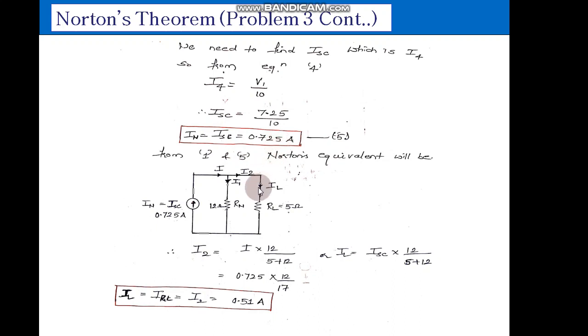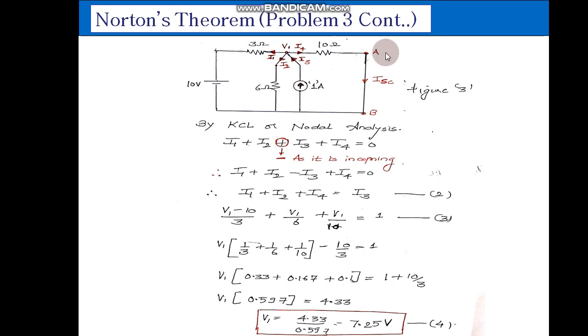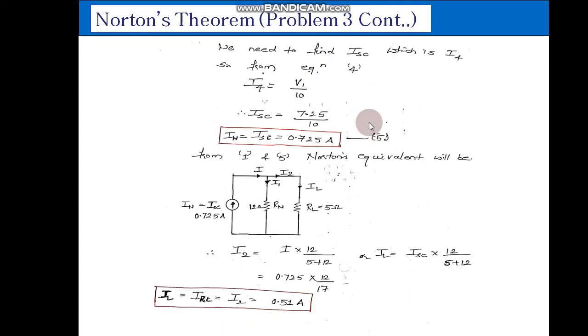So again, the same thing, we need to draw the Norton's equivalent, and we know that for Norton's equivalent, IN is always in parallel with RN. And see here also, we have calculated the current which is moving from A to B, that is top to bottom. So in Norton's equivalent, if I am taking this point as A and this point as B, then the current should move from top to bottom, or A to B, where I need to connect my load resistance.